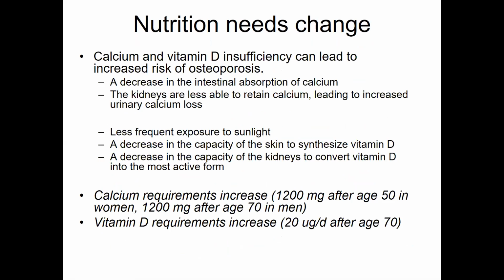Calcium and D, we already mentioned this, but we're worried about osteoporosis and aging. We know that we don't absorb calcium as well in the intestines. We also know the kidneys are less able to retain calcium, so we have an increased urinary calcium loss. For vitamin D, we know that elderly are less likely to be outside in the sun and more likely to